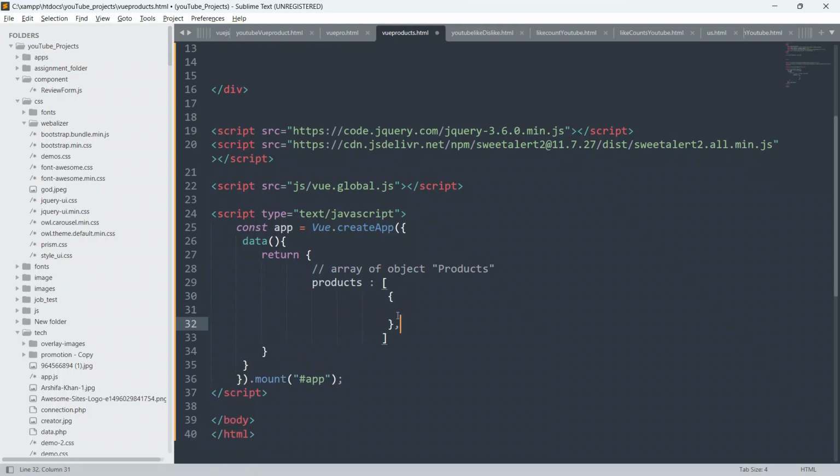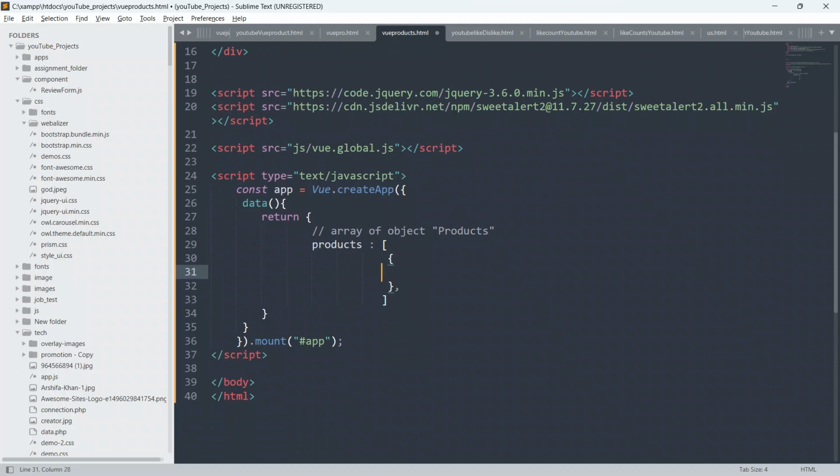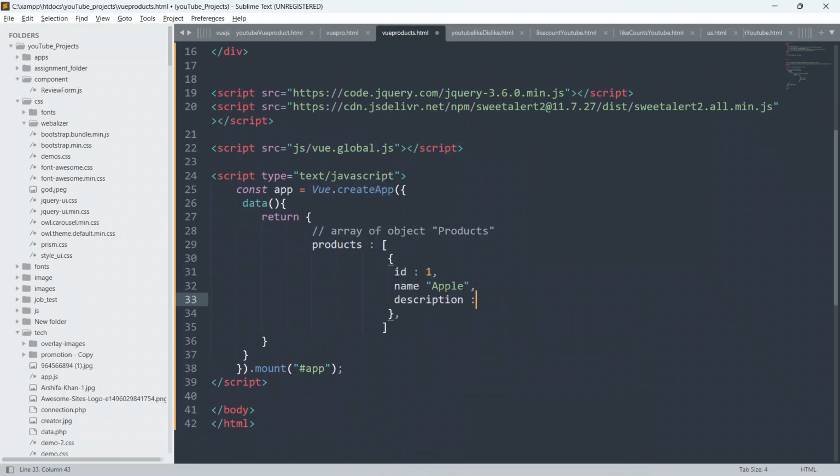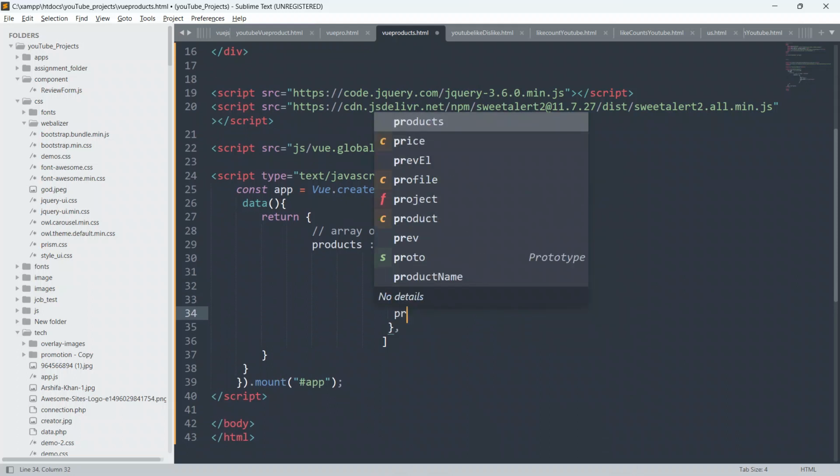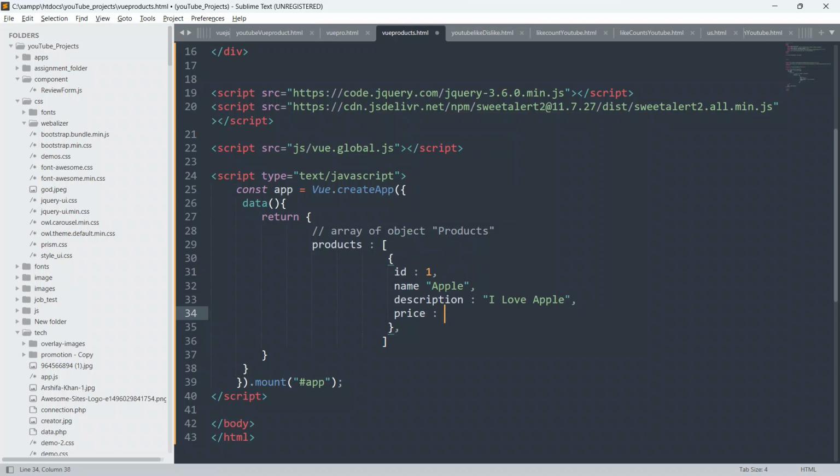So give a comma, and now I am going to put some elements. Give the id as 1, comma, name as apple, comma, description: I love apple, comma, and give price also, price colon, as of now give 10 only, comma, and give image.